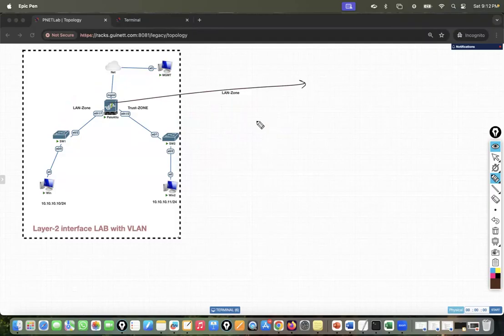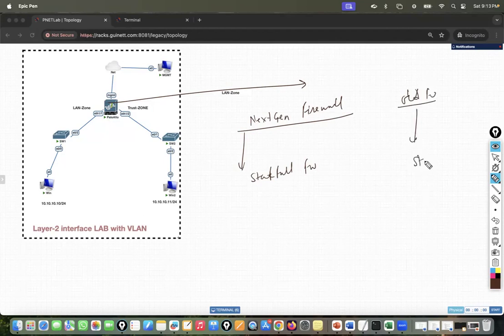As I mentioned that whatever the firewall we are doing discussion here right now, they are the first of all next generation firewall, right? And this next generation firewall have the one of the concept that the stateful inspection. ठीक है, stateful firewall ही बोलते हैं, stateful inspection. दूसरा हमारा होता था ओल्ड फायरवॉल, जिसको हम लेगेसी फायरवॉल बोलते हैं, जिसको हम बोलते हैं स्टेटलेस फायरवॉल. सो स्टेटफुल फायरवॉल में क्या होता है कि whenever you are going to initiate any packet, right, from this